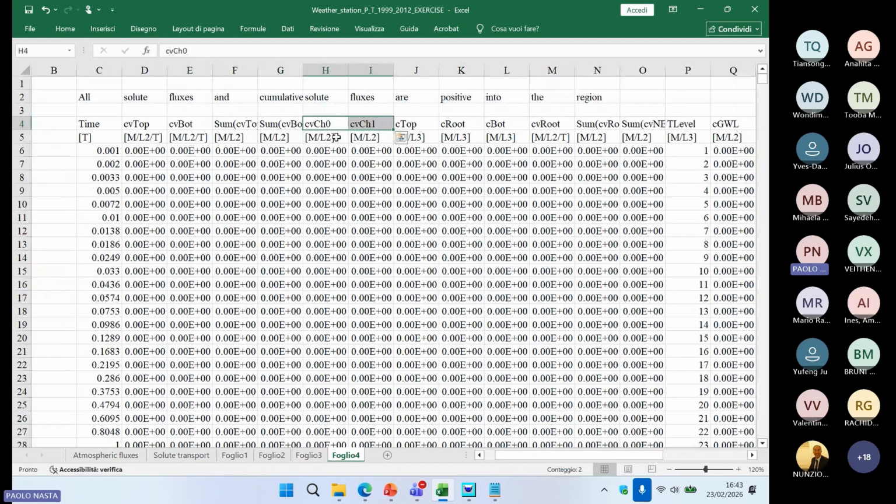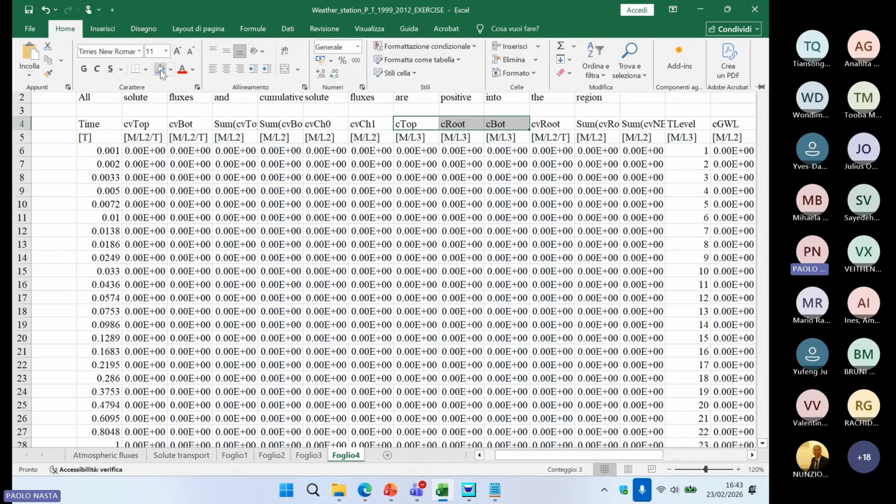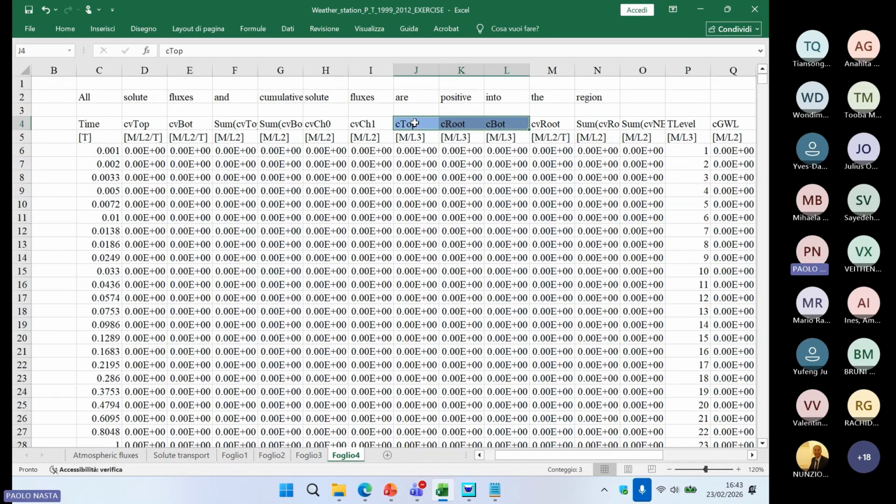These two I don't remember actually. We need to check the technical manual. But here we have the C top, C root, and C bottom, which I remember very well because, again, we have the concentration at the top. So the nitrate concentration at the top, nitrate concentration in the root zone, and nitrate concentration at the bottom. Okay, this is another important